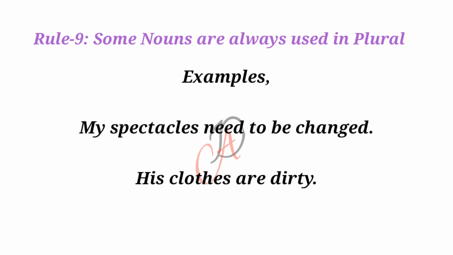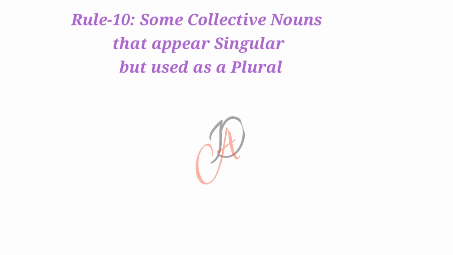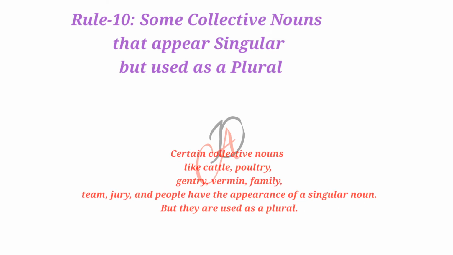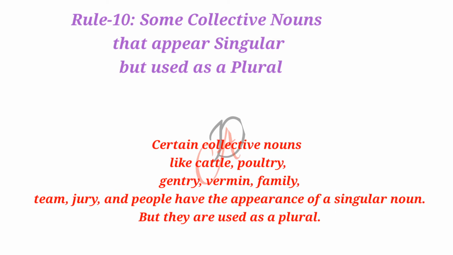Examples: my spectacles need to be changed. His clothes are dirty. Alright, let's move on to rule number 10. Some collective nouns that appear singular but used as a plural. Certain collective nouns like cattle, poultry, gentry, family, team, jury have the appearance of a singular noun but they are